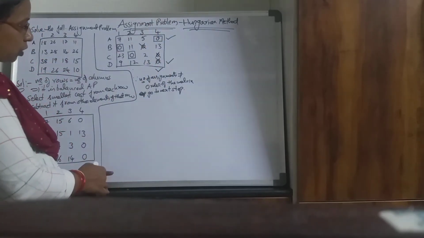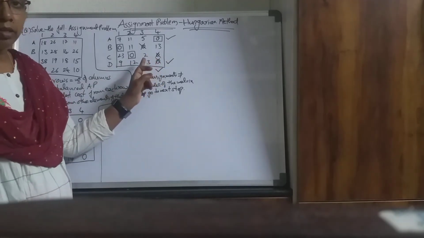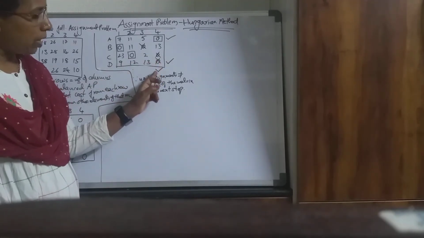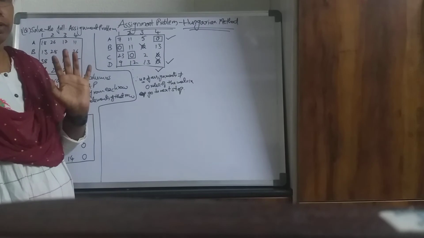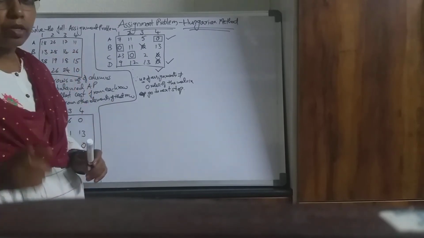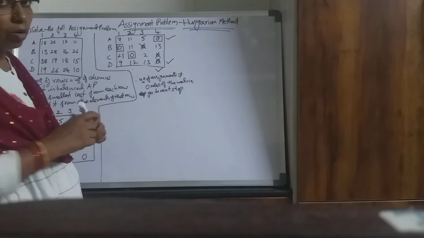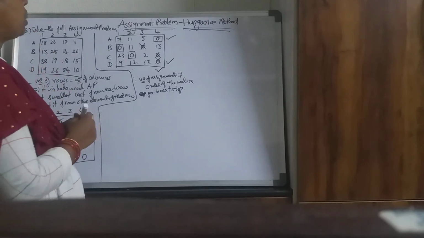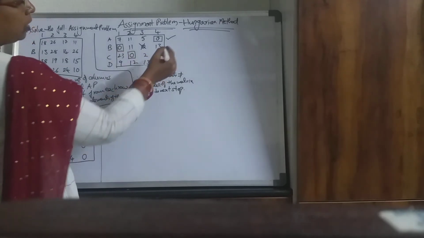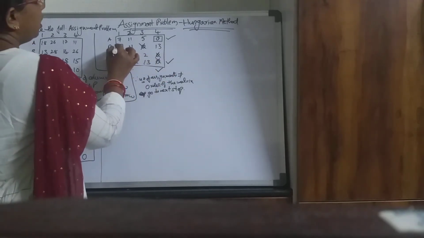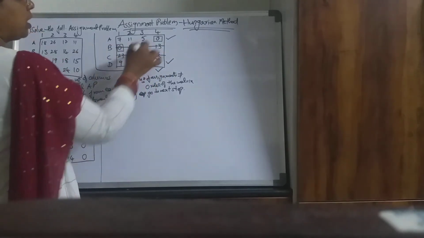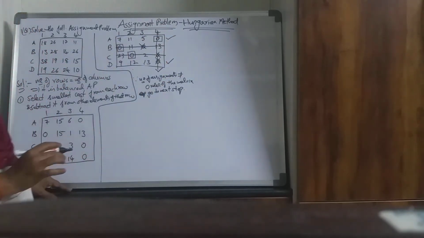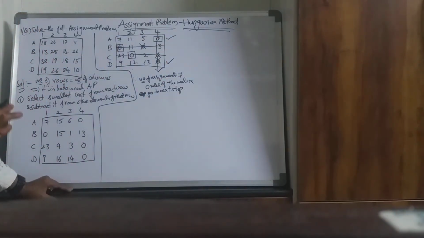Okay. So here first you have to mark a row which doesn't have any assignment. Then in that, wherever you have crossed 0, mark that column. In this marked column, see where you have assignment. Then mark that row. Now you have to draw lines to unmarked rows and marked column. So draw such that all the zeros will be covered with these lines. So unmarked rows, second row and third row, don't have any tick marks. So I'll draw a line to this second row and third row. So these are the unmarked rows and marked column. You have to draw lines to unmarked rows and marked column.